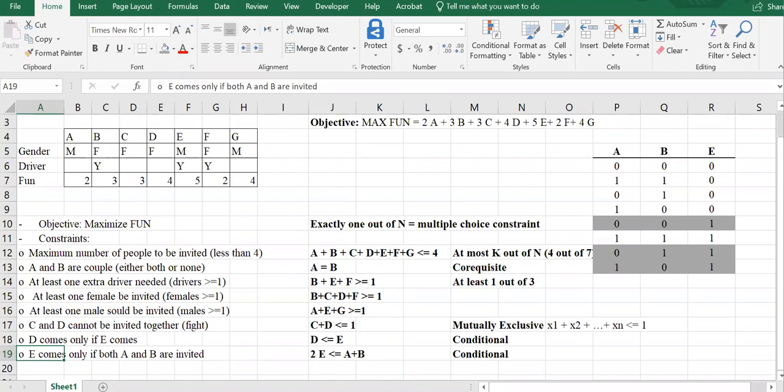Let me just show you how the solver works. So I think we covered everything. We covered co-requisite, conditional, K out of N, multiple choice, and mutually exclusive. Now, let me quickly show you. I'm not going to solve this. It's not guaranteed that this one has a feasible answer. But let's say this is the decision variable, I just want to show you how this works. So if these are the decision variables,